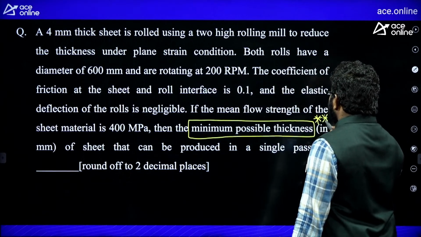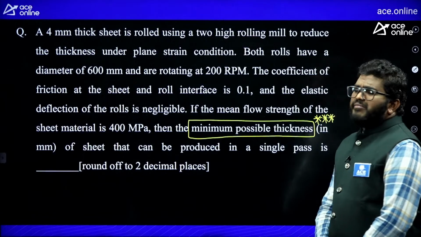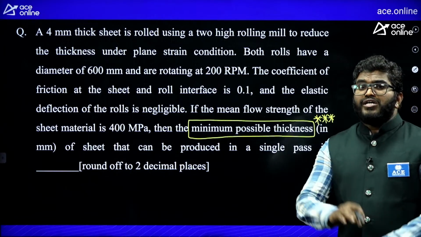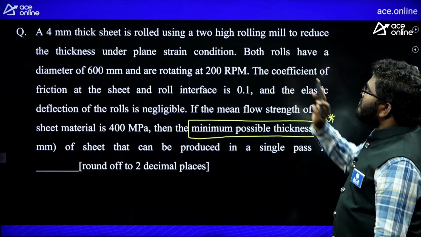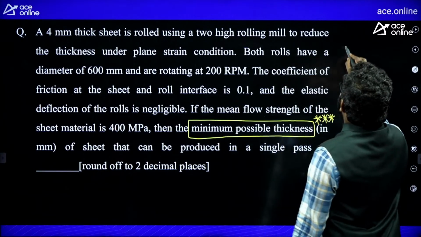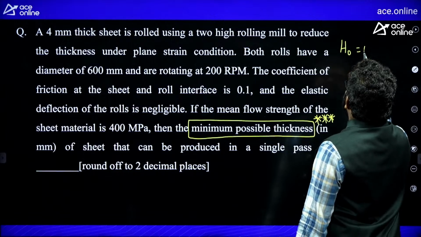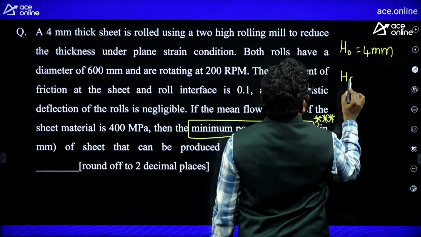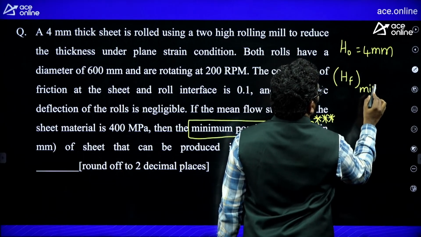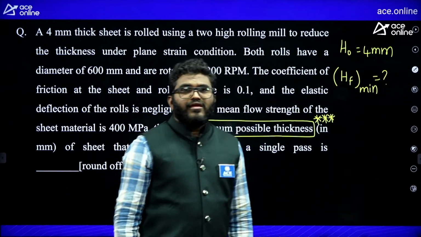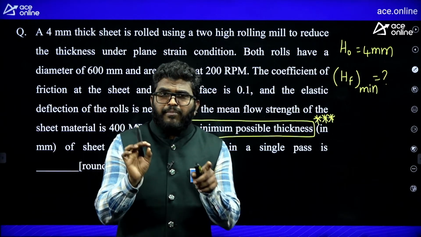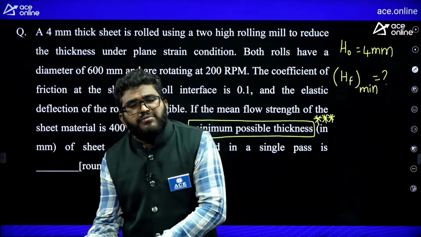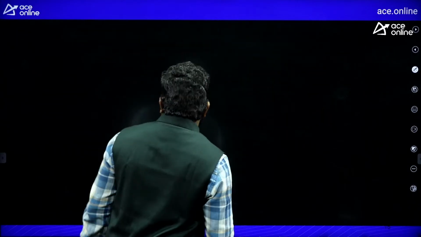Remember, when will you get a minimum possible thickness? Tell me. Minimum possible final thickness. Initial thickness is given, 4 mm. He wants the final minimum thickness. When will you get it, tell me. If there is a maximum possible reduction in one pass, if it is maximum reduction, then you will get minimum thickness at the final. See, the formula is